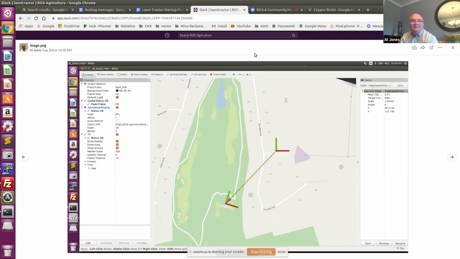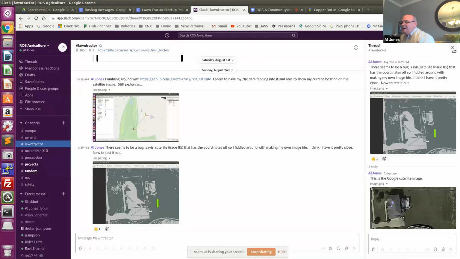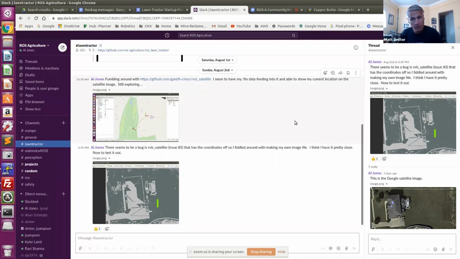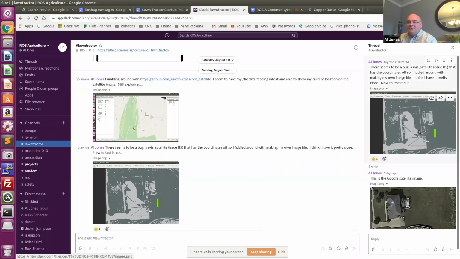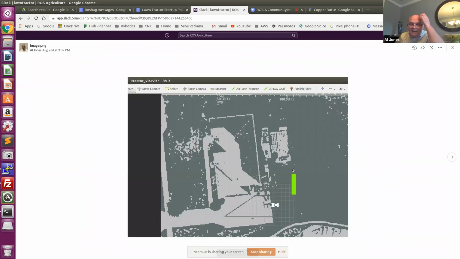So I'm sure they had a bug, or they had a fix out there, but it wasn't published yet, and I'm sure there's a way to sort of compile it myself, but I didn't spend time doing that. I just went back to ARVIS natively and got this image into my ARVIS, and that worked out